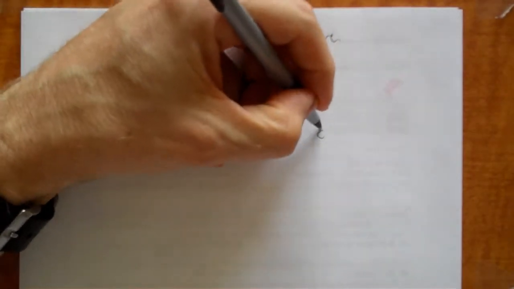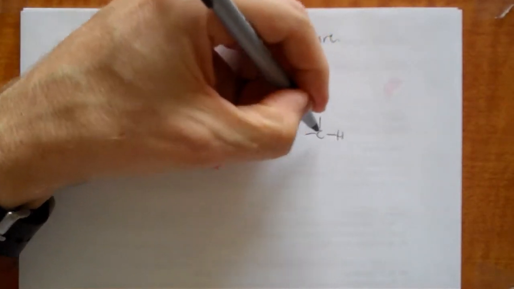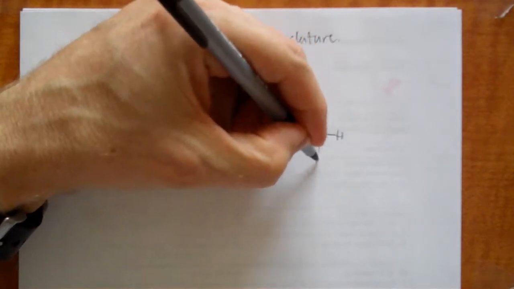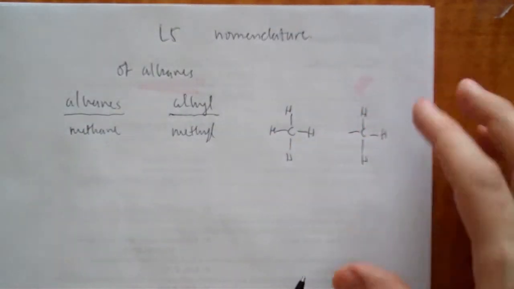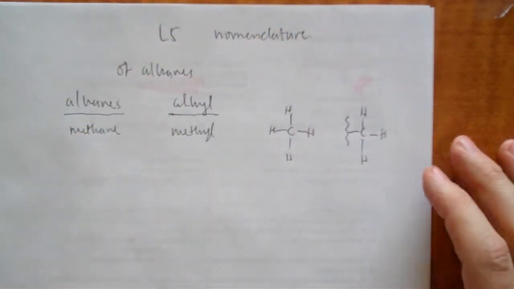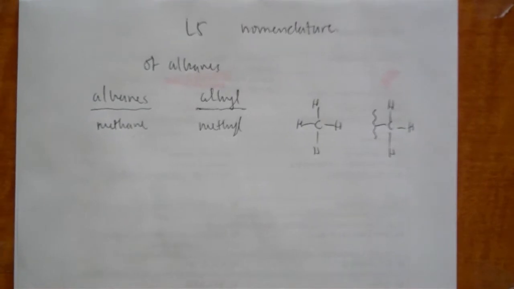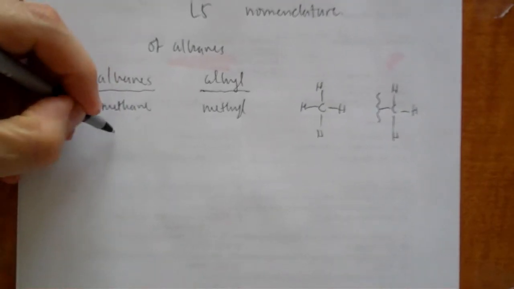Okay, and so methane looks like this, and a methyl group is if you've got one of the hydrogens taken off, and that is sort of the substituent that's placed on your parent molecule. Okay? So the alkanes are methane,